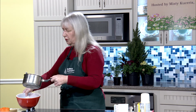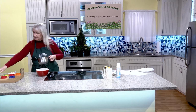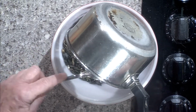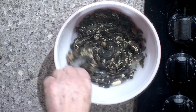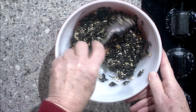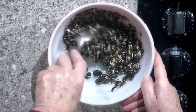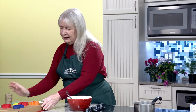Let me move over here where you can see this a little better. See, I've just taken the pectin, put that into the birdseed, and I'm just mixing the birdseed. And what I'm doing is I'm just coating the birdseed. And then what I want to do is I have right here,